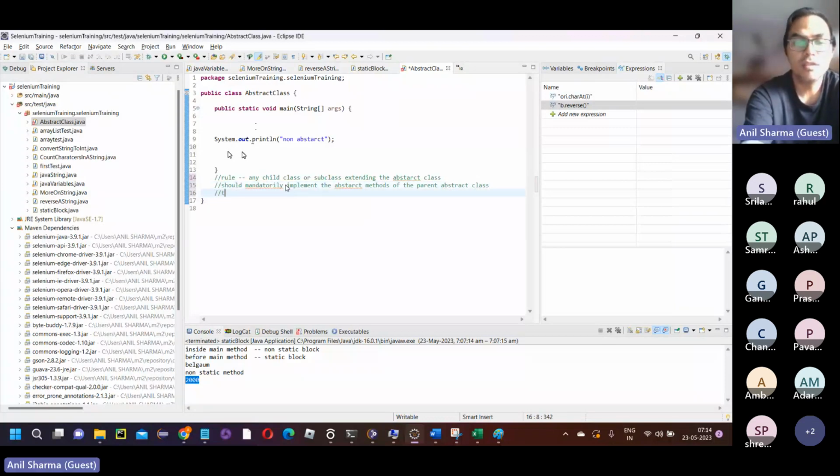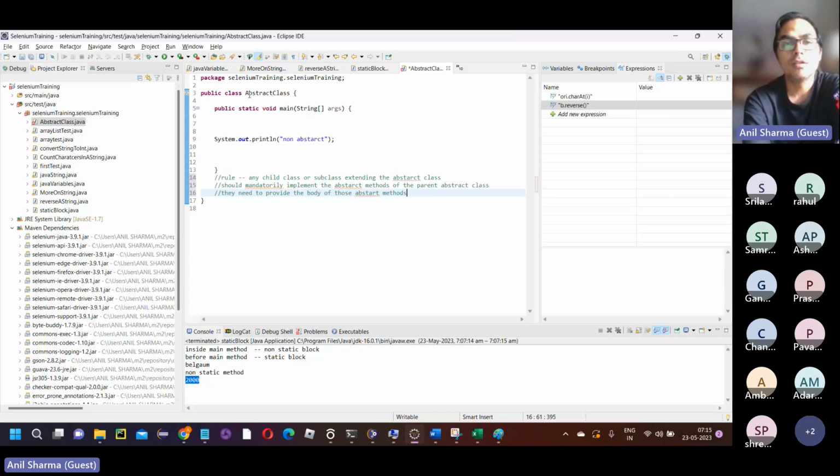So it means they need to provide the implementation, to provide the body of those abstract methods, right? This is basic. I mean to say, for an automation engineer, they may not ask you to write, okay, go and show me how do you implement abstract methods, how do you implement extending an abstract class, and then calling it. They will just ask you,